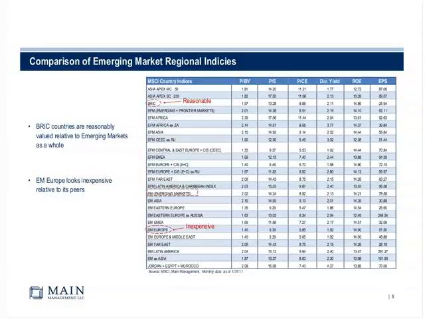If we look at the top of the page, we've got the BRICS: Brazil, Russia, India, and China. If you look at their valuations, they're about in line with the emerging markets as a whole. The price to book is right on it at 2 times, and the PE is at a slight discount, about 7% below the emerging markets. The return on equity and the dividend yields are probably right in line. So again, this is a roadmap to figure out where you want to go to find inexpensive markets, or conversely, where things look a little expensive, and if you've got exposure there, you'd be looking at trimming things back.